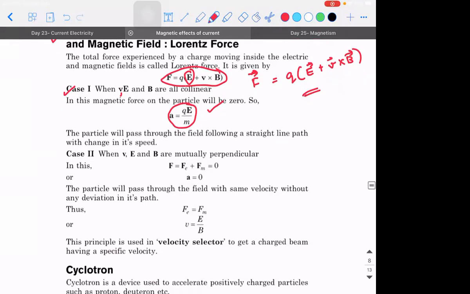Right? So when you have velocity vector, E vector and B vector in the same direction, v vector cross B vector will become 0, so the magnetic Lorentz force is zero and only the electric field will drive the particle. The electric field will make the particle accelerate. It will not let it move with a constant velocity. So that's what this point says.